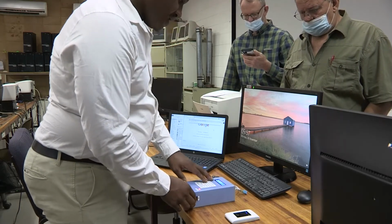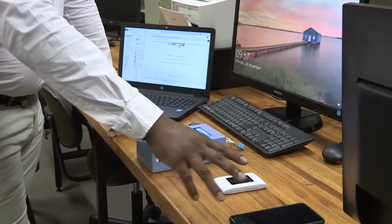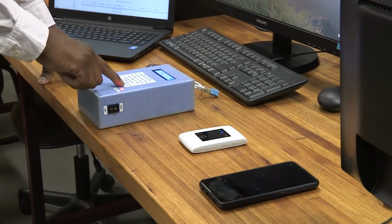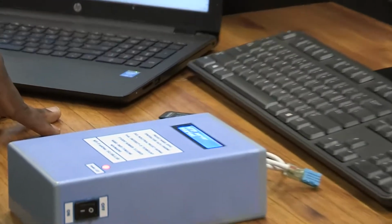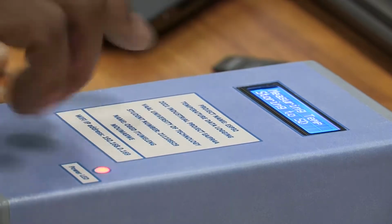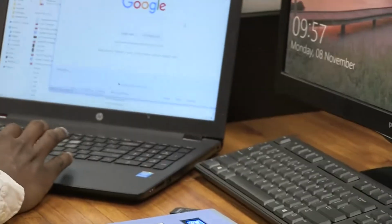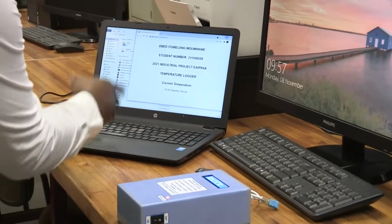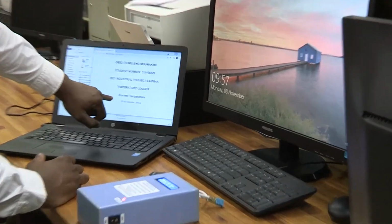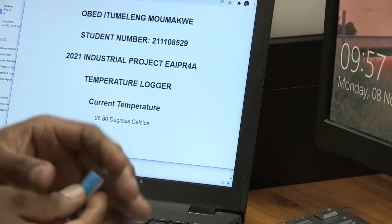Okay, this device connects to the local Wi-Fi, so I can use any device that is connected to the local network to view the data. And this is the IP address I'm using for connecting to the device. After starting the device, it's now ready and storing data to the SD card. So I can connect using the PC. Then on the HTML page, what I'm looking at is the current temperature reading. If I use air to blow onto it